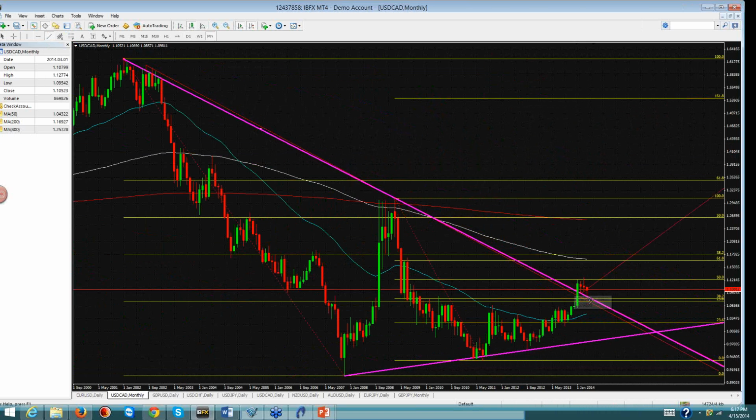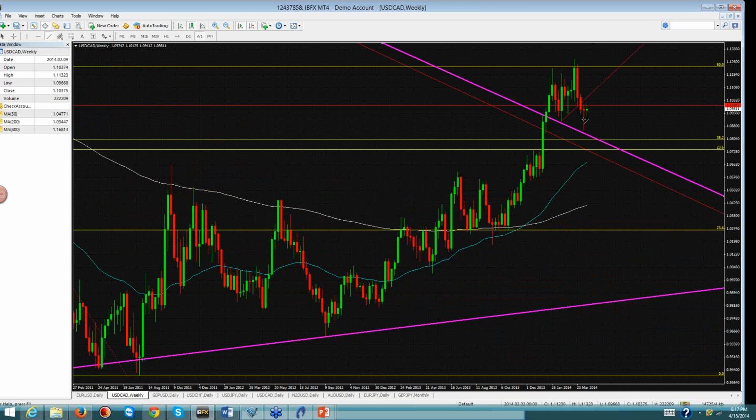So the only trend line we have, we've actually broken. So it looks like price eventually is going to want to go up here on the dollar CAD for the time being. Looking at the weekly, you can see exactly what I mean. And on this weekly, we have bounced exactly off that trend line, just about,